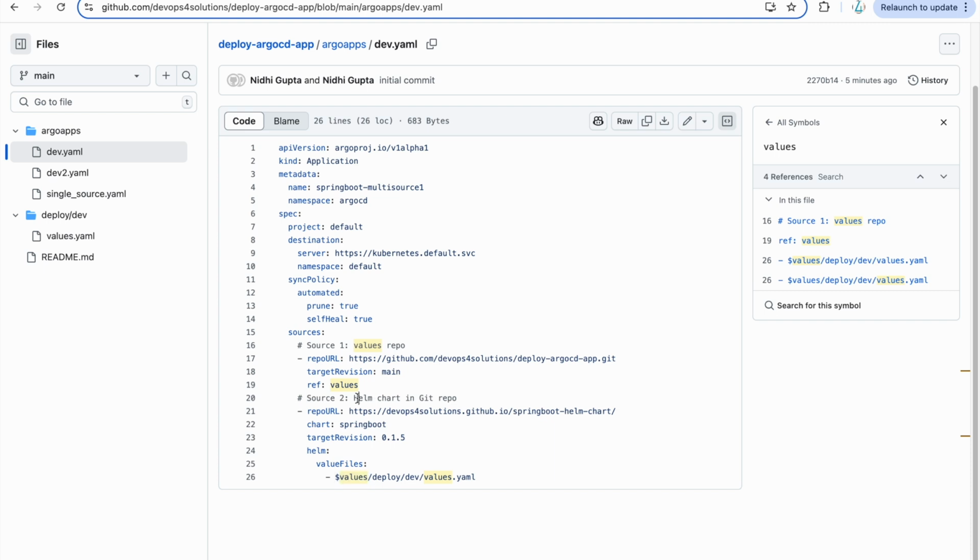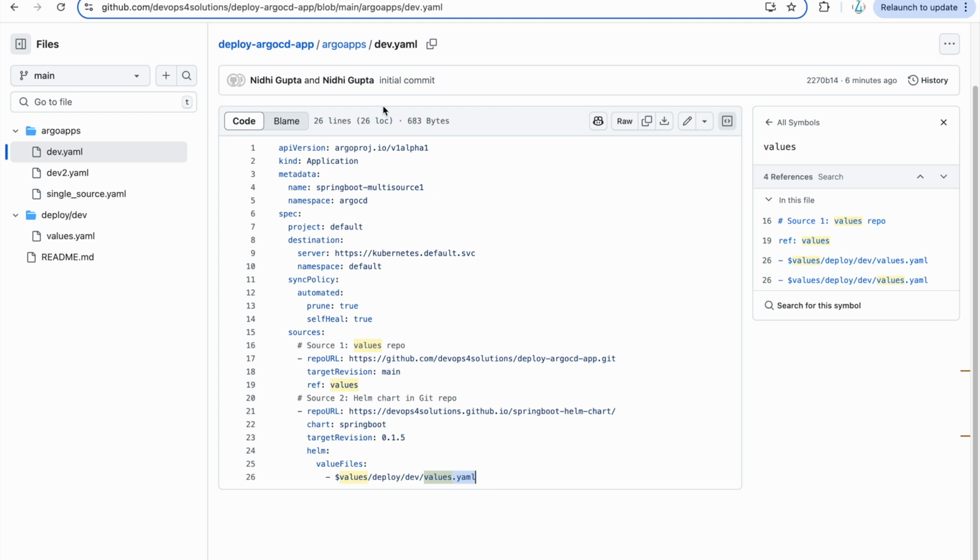And this is your Helm chart, because you are deploying a Spring Boot application on a Kubernetes cluster, and we are using Helm chart. So you are using this Helm chart. When you do this, you provide the values file, like which values file to use when you are using any chart. So we are providing that, use this values file, and this values refers to this repo. It means whenever there are changes in this particular file, then your auto sync will run.